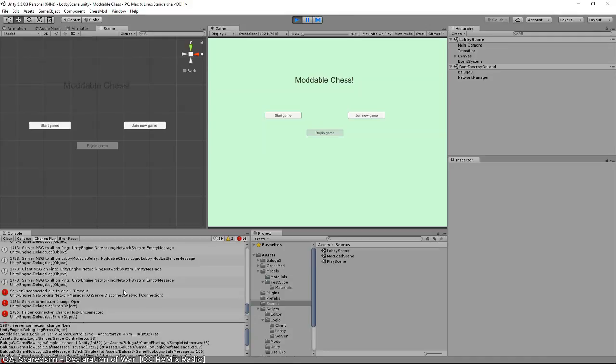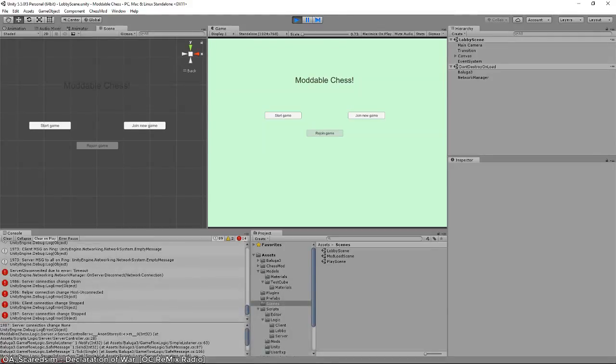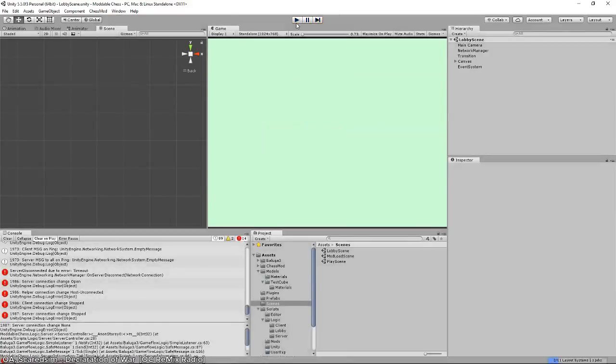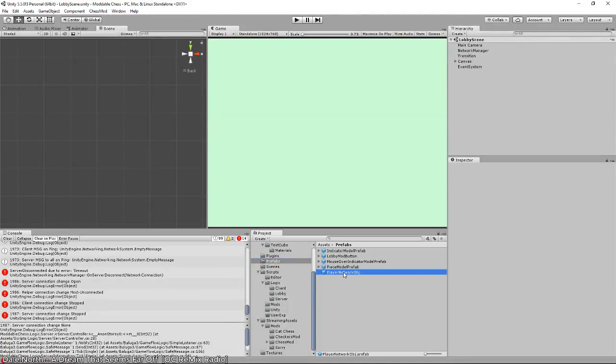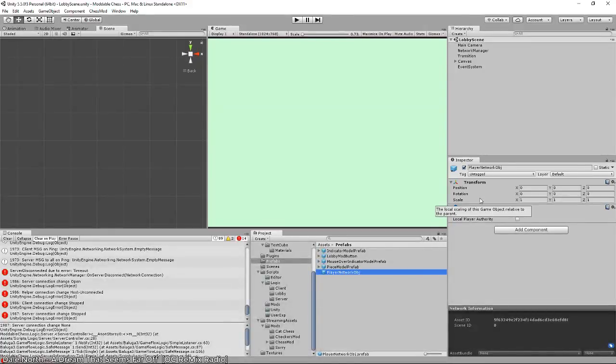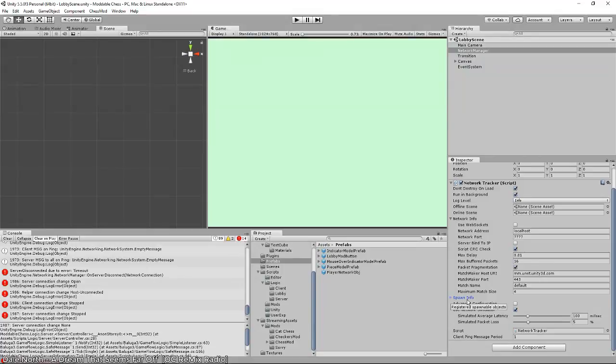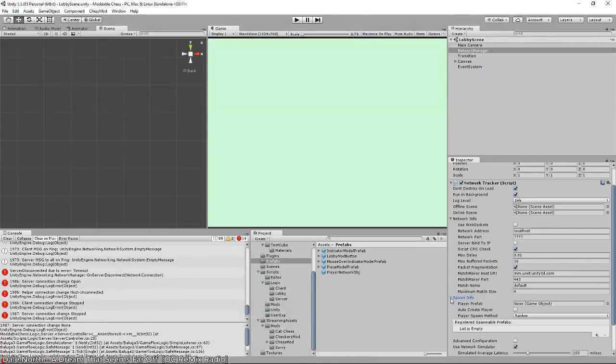Okay, I don't understand it. So let's see. It was working before when we were spawning things out, so